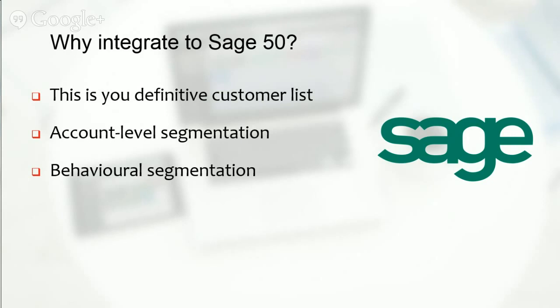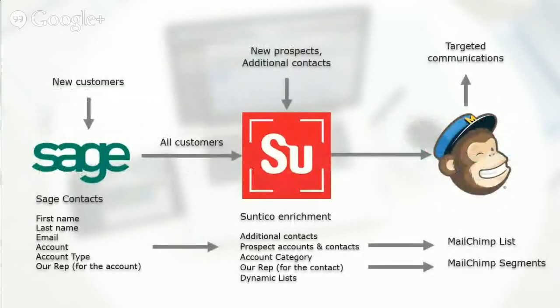So while your competition is blasting your customers with bland, good old, any old marketing emails, you can be smarter. You can leverage the information that you have in your Sage 50 system, and you can target your customers based on their historic behavior with you in order to improve your communication with them. And what I mean by that, just before we take a very quick look,